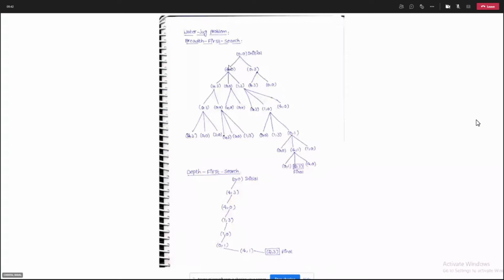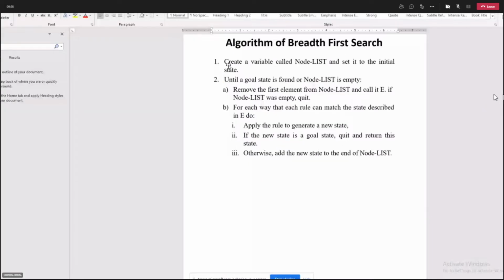The first step in the breadth first search algorithm is that you need to create a variable called node list. The second step is that until a goal state is found, and for our current example the goal state is 2n, or the node list is empty, that means there are no more nodes left in our algorithm to explore, then we can terminate.